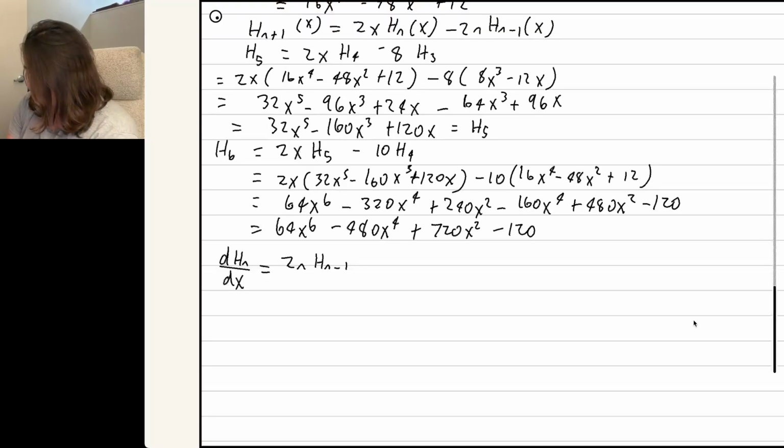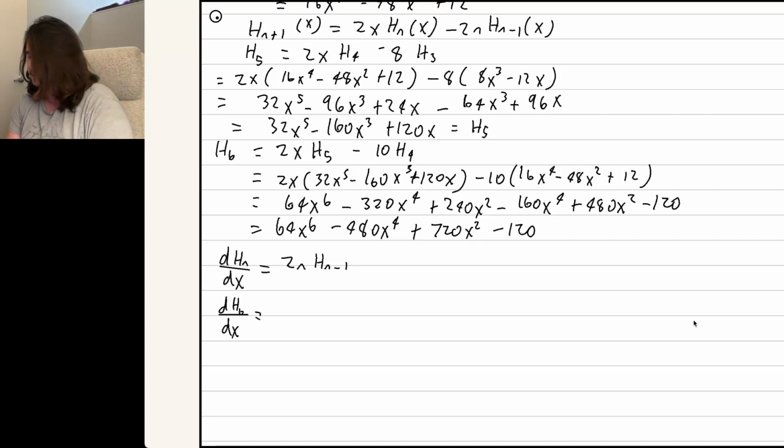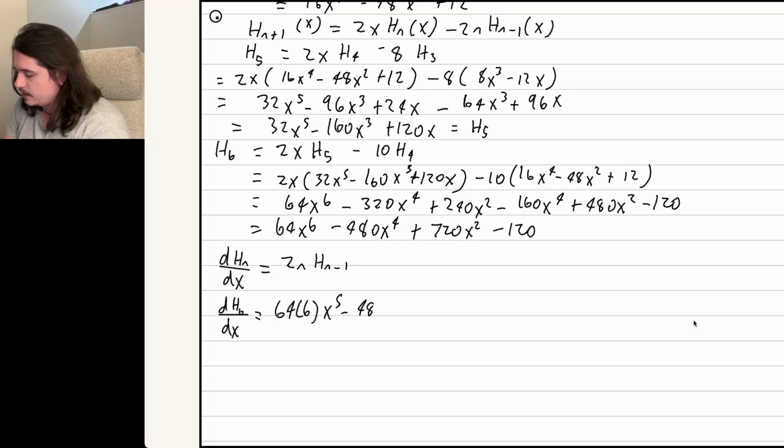So, and we're supposed to use that to check 6 and 5. So let's look at 6 first. dh6/dx is going to be 64 times 6x^5 minus 480 times 4x^3 plus 720 times 2x. And then presumably we'll be able to factor out a 2 from all of that, so we can do